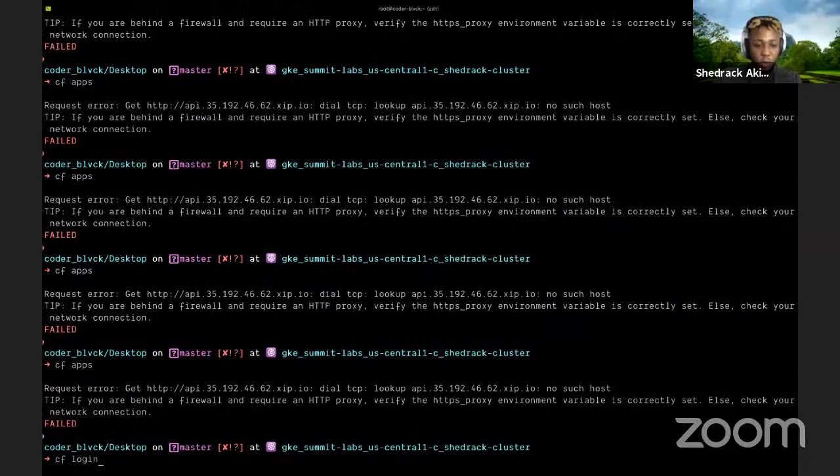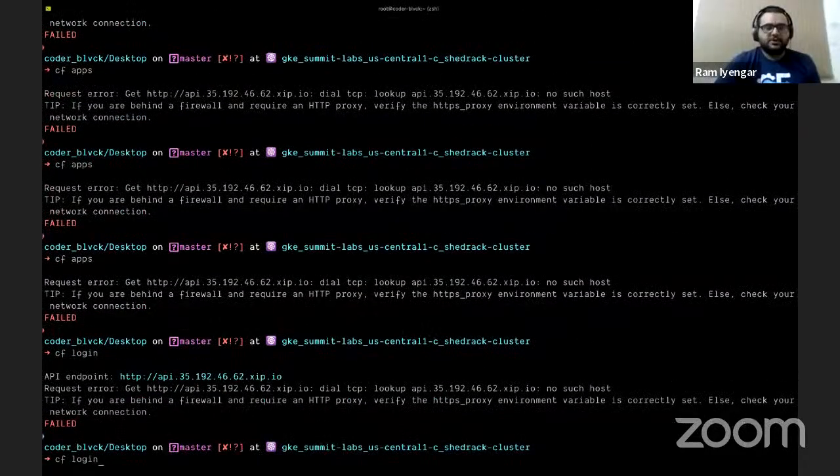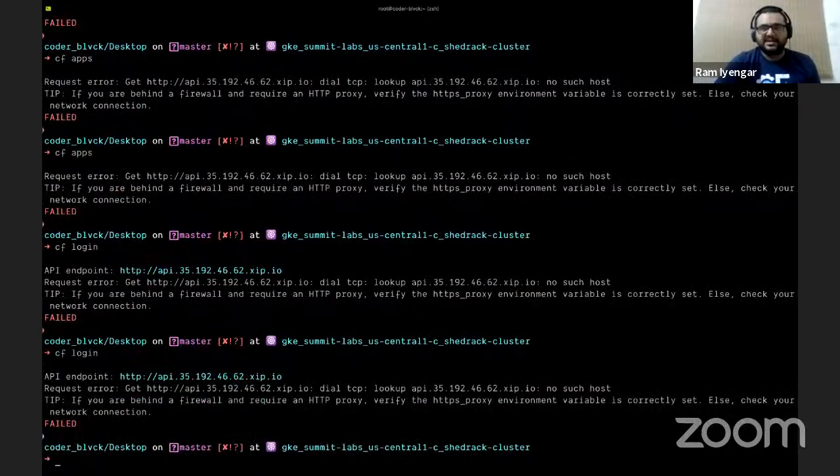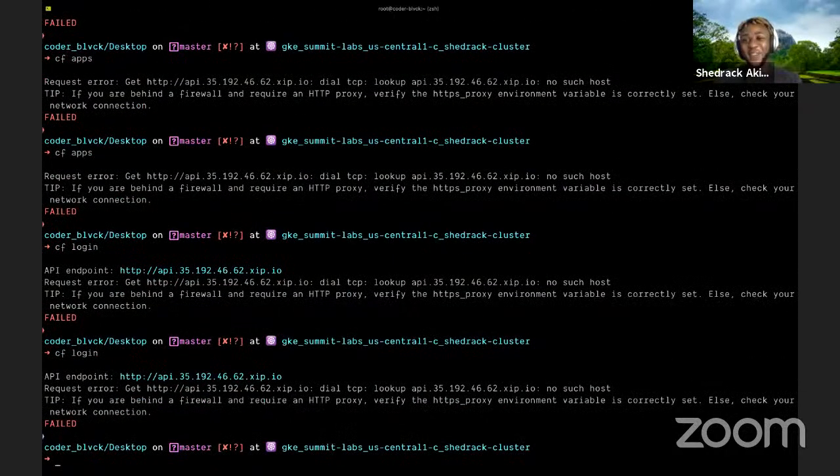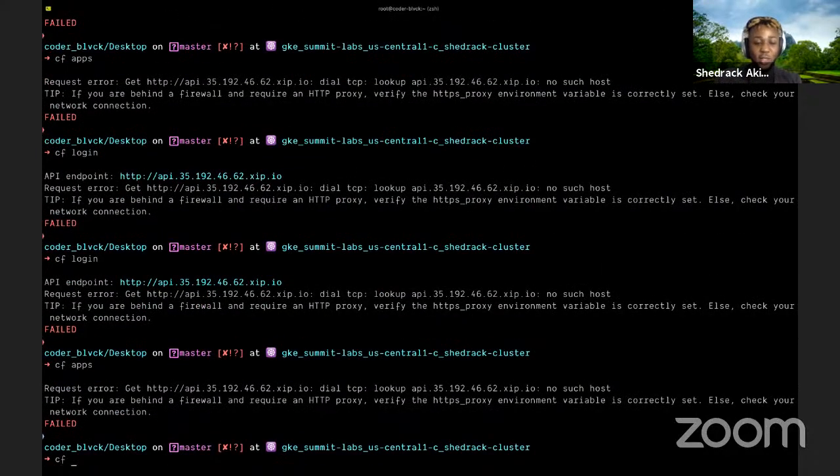So hold on. It's not a demo if something doesn't fail, right? So this is basically a network error. It has nothing to do with Cloud Foundry or the whole deployment process. Our app deployed live, and as you can see, when we logged in, it deployed live, and it's working. So this is actually a network error that I do not